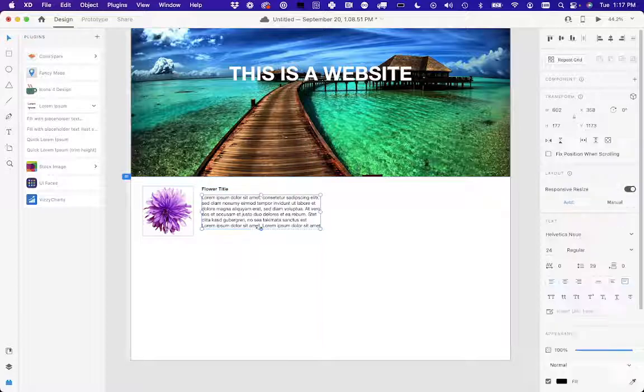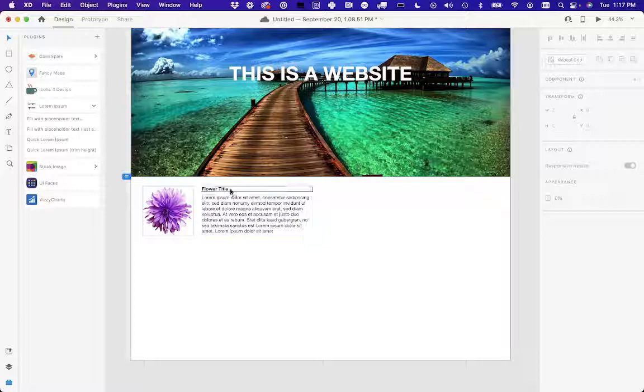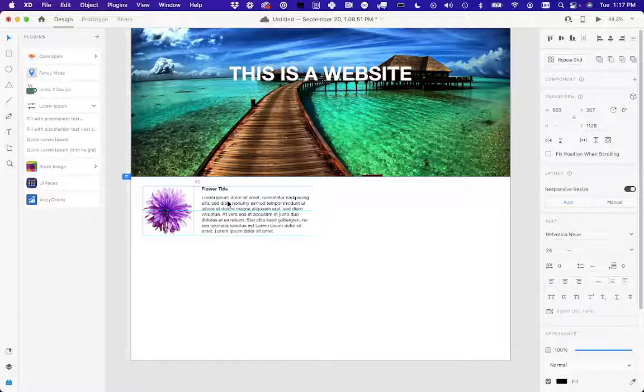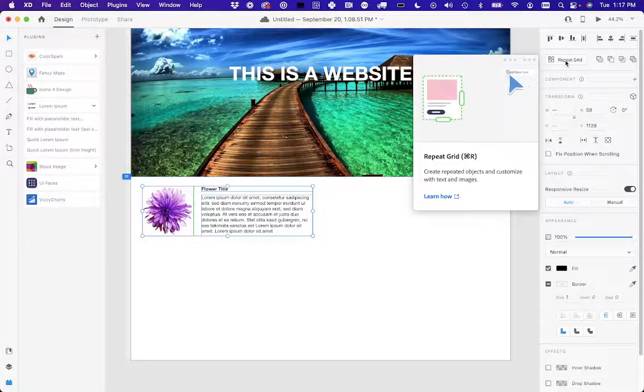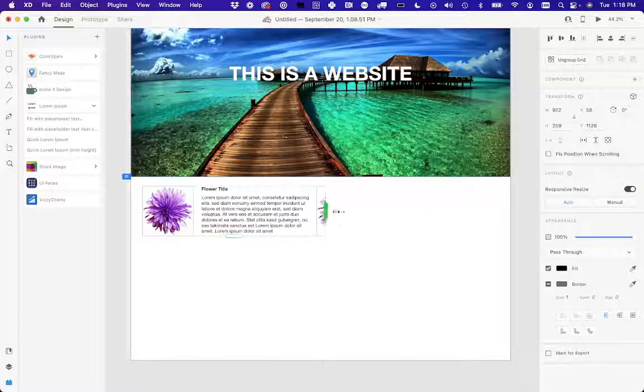Just kind of format this a little bit. Let's center. Let's do a little off center. Okay. So now that we have one of these components here, let's select it all, and then there's this really cool thing called repeat grid here on the top right. If you click on that, you can basically duplicate any asset, any object into a grid format real quickly and easily. So if we click on that, it's going to give us the option to click and drag